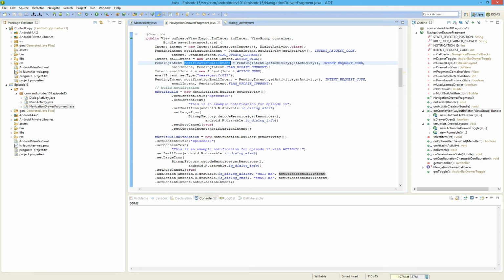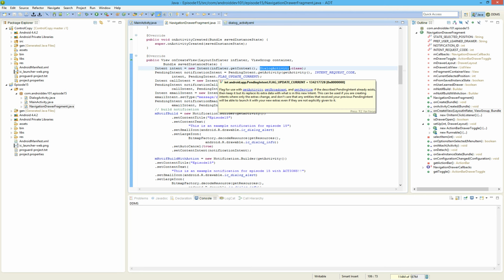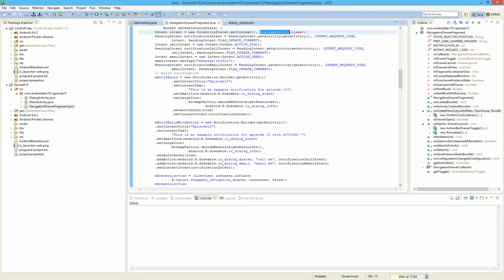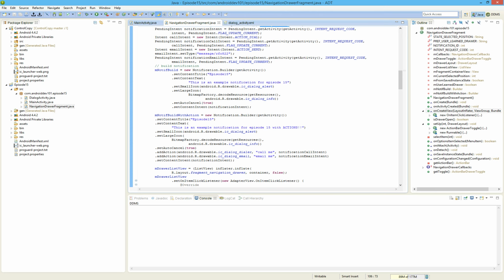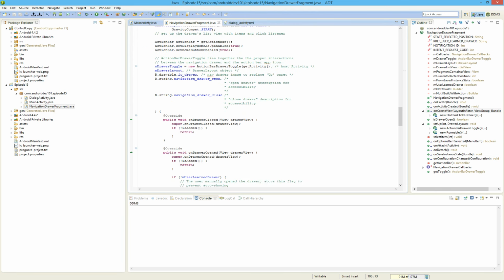So we have three different kinds of pending intents here. One is going to actually open our application. A special activity we call the dialog activity, which is going to post a nice little dialogue saying that we clicked on the notification. And then the other two will be for our email and our phone from our action keys. Okay, great. So now that we've built our notifications from the actions in the side drawer,